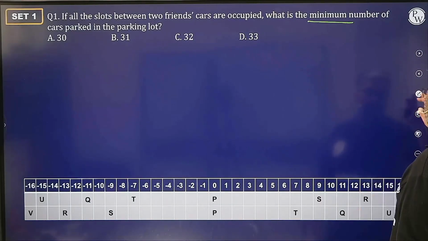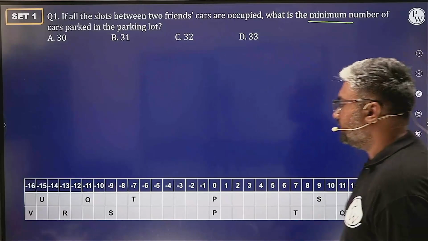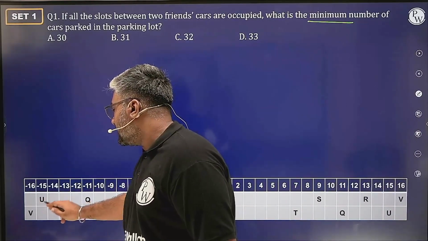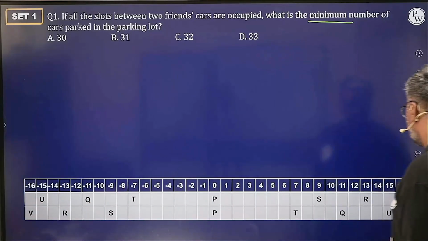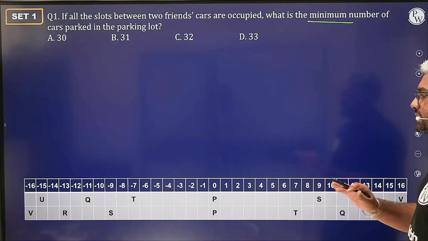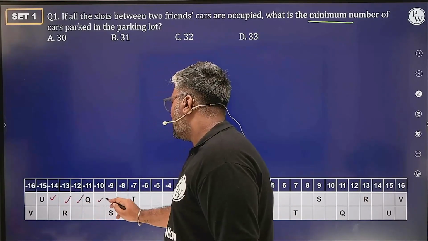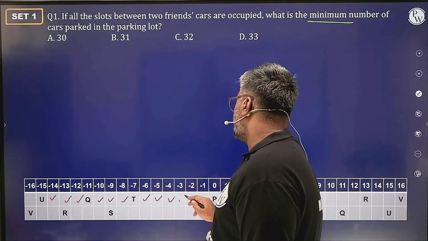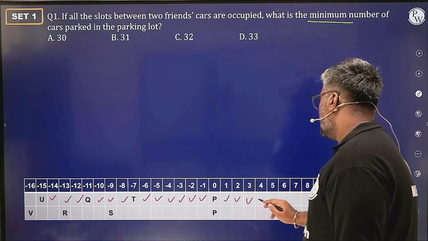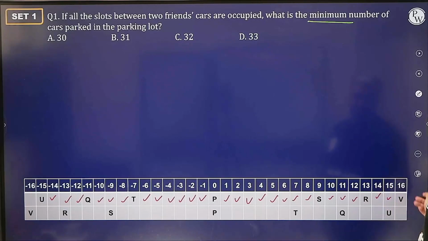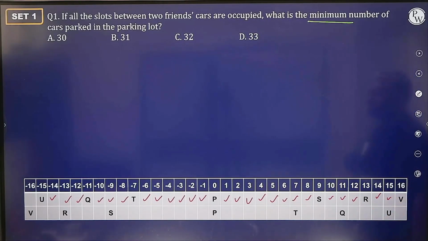Yeah. So that being said, अगर हम पहला केस उठाते हैं, if we take case 1, then they're saying that first car यहाँ पे U है, last car यहाँ पे V है, इन दोनों के बीच के सारी cars filled हैं. Yes. Occupied, occupied, occupied, occupied, occupied, occupied. All of these are occupied. कोई भी slot जो है वो empty नहीं है. Same is the case in the second case also, है ना. तो अब हमें ढूंढना है कि minimum number of cars कितनी हो सकती हैं,